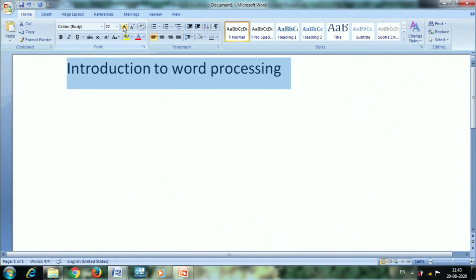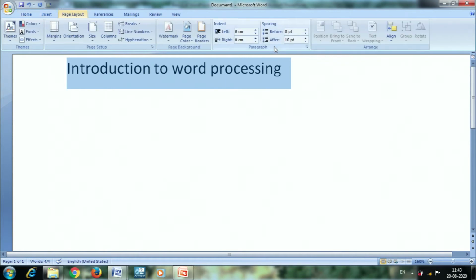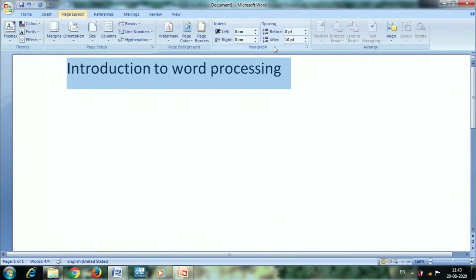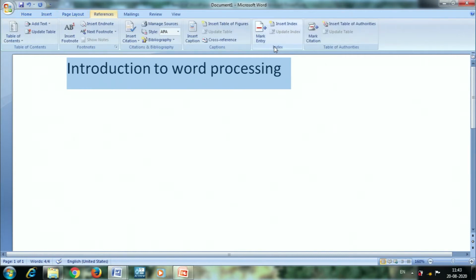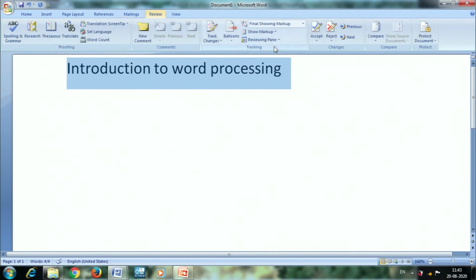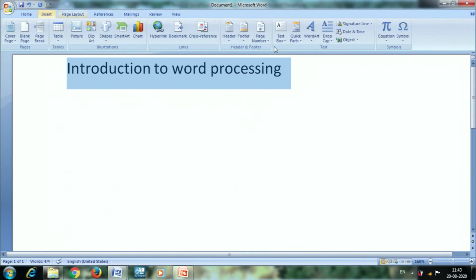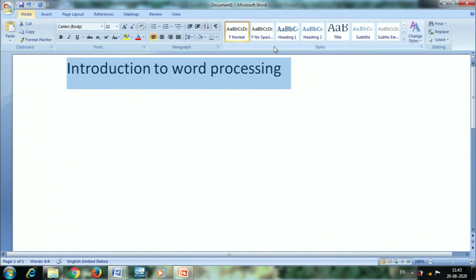So, this portion where I have typed is called the typing area, and here, home is one of the menus: home menu, insert menu, page layout menu, references menu, mailings menu, review and view. So, these are all the menus. If I click on home, I will have some different options.